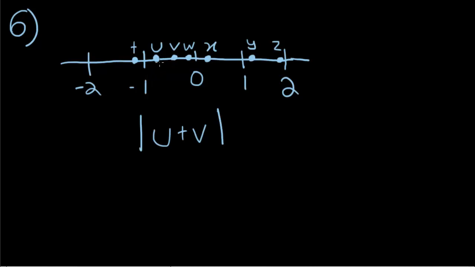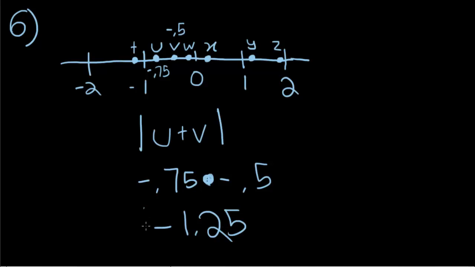So let's go to U and V. You can see between -1 and 0 there are 3 points. So you can guesstimate that U is maybe -0.75. V is most probably -0.5. So -0.75 plus -0.5, plus and minus equals minus. So -0.75 minus 0.5, which is equal to